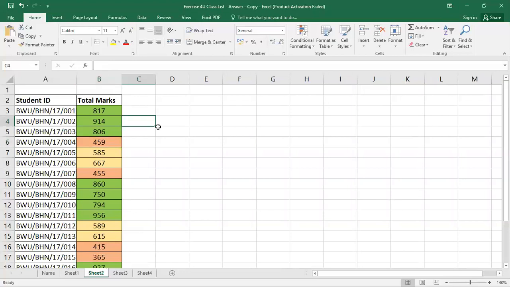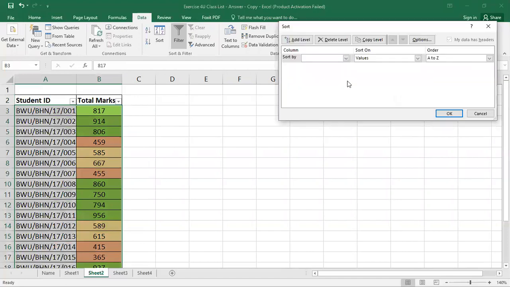Look here, I select the total marks cell, go to the data, and here it is the sort. Now we have to select the level, that is, sort by total marks, and I want to sort it by cell color. First it will be green on top.